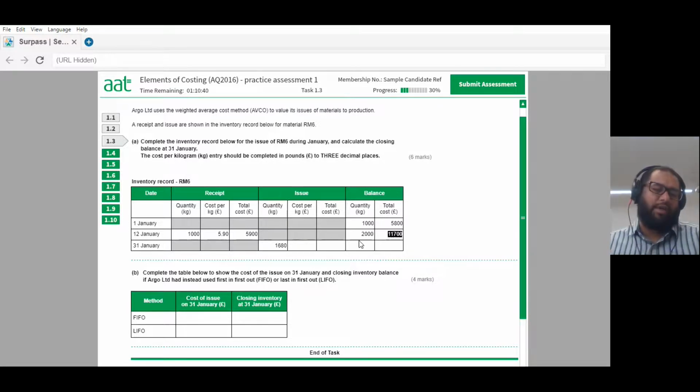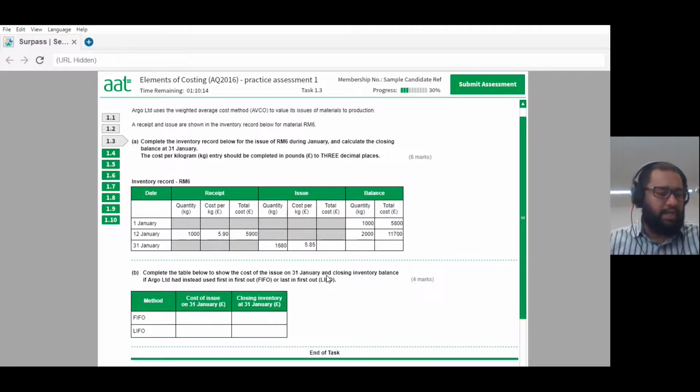We have the value of the inventory before. So all three calculations will be considering this as my total kilograms and my total cost. Now, if it's going to be £11,700, my average cost per kilogram is going to be 11,700 divided by this 2,000. It should give you